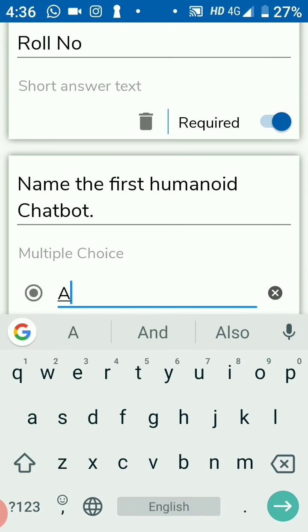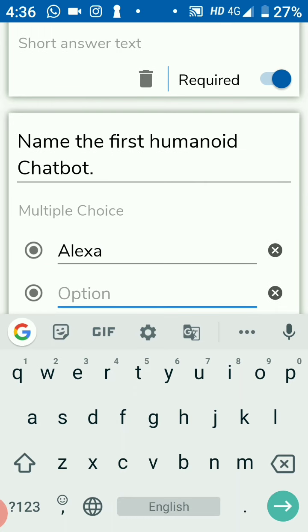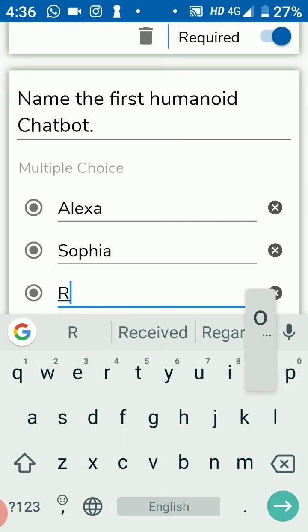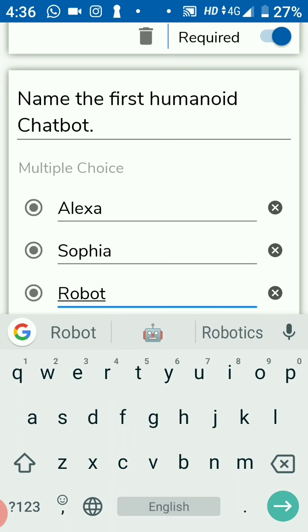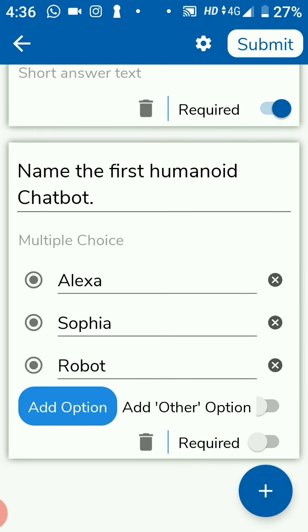I am writing Alexa. I am writing Sophia. I am writing robot. That's it. In the same way, you can keep clicking on this plus button to add more questions.